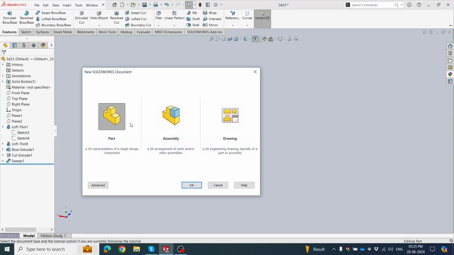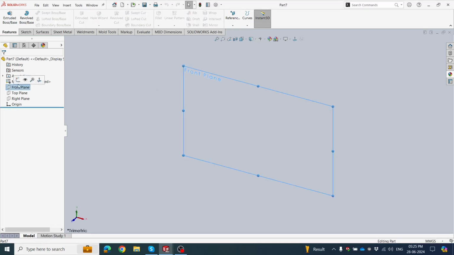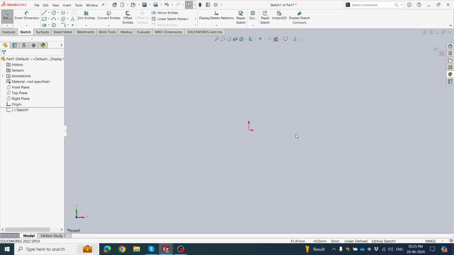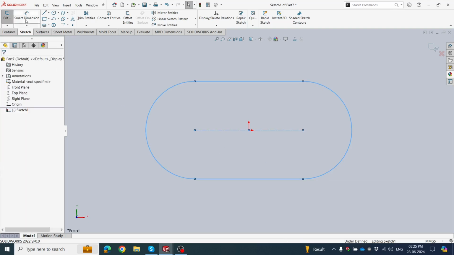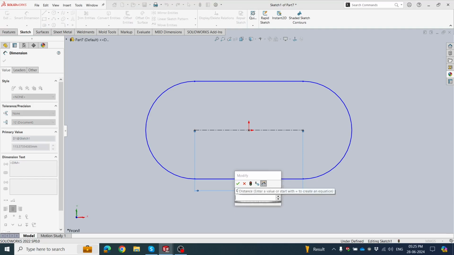Click File, then click New, okay, then Part, click OK. Choose Front Plane, then Sketch. Draw a slot, center slot from here to here. Then provide dimension. This is 256 mm